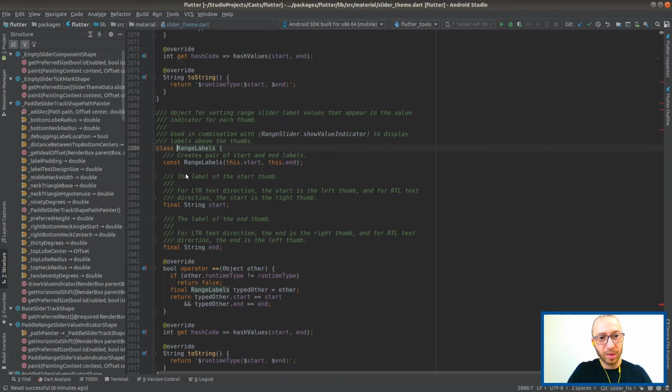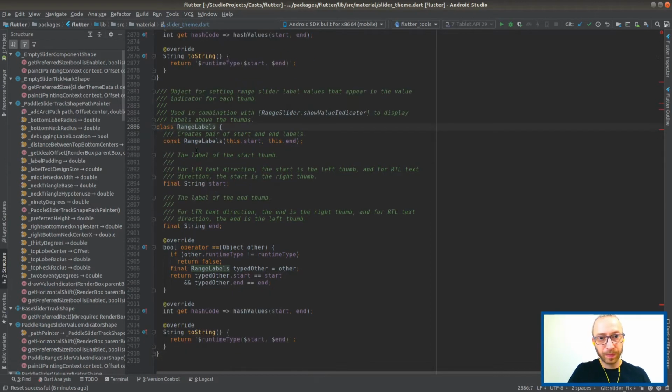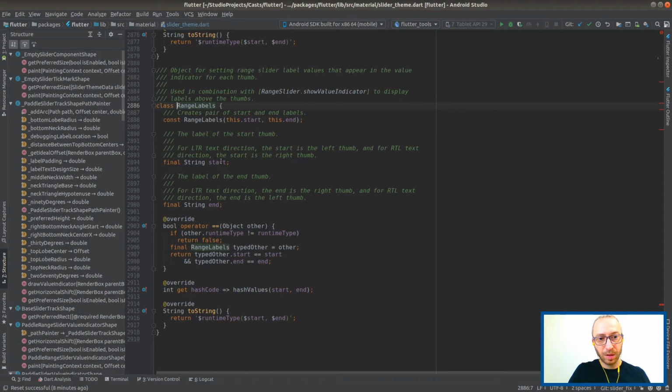Those are the labels which appear in the value indicator for each thumb. Oh yeah, this makes sense. Start and end. Okay.